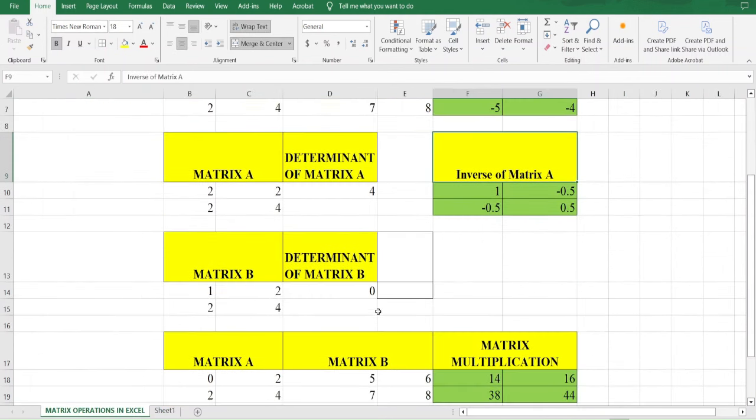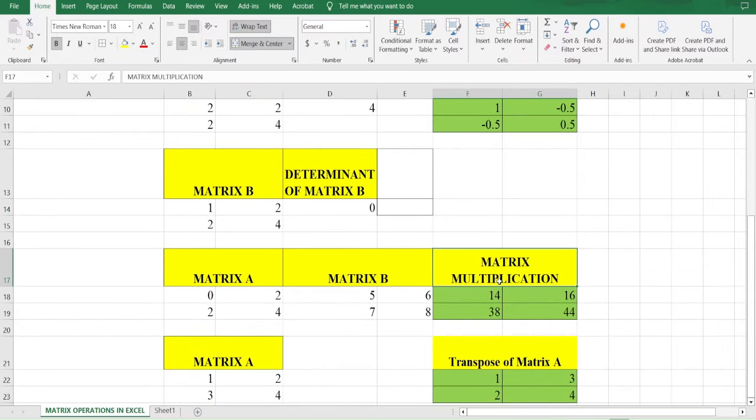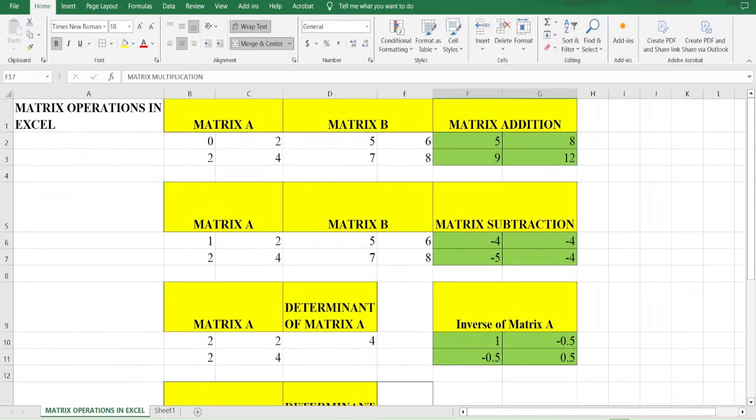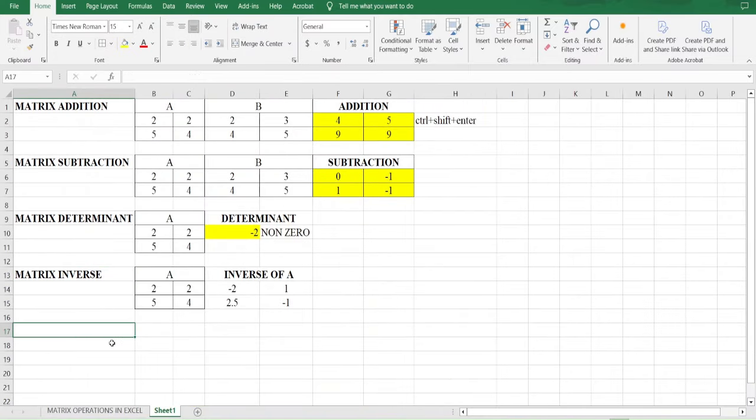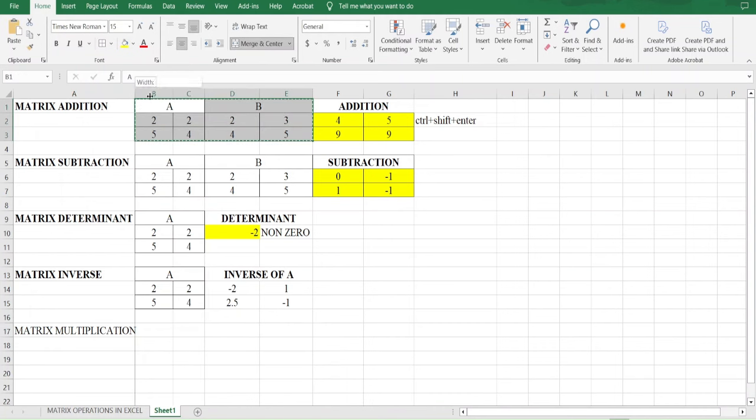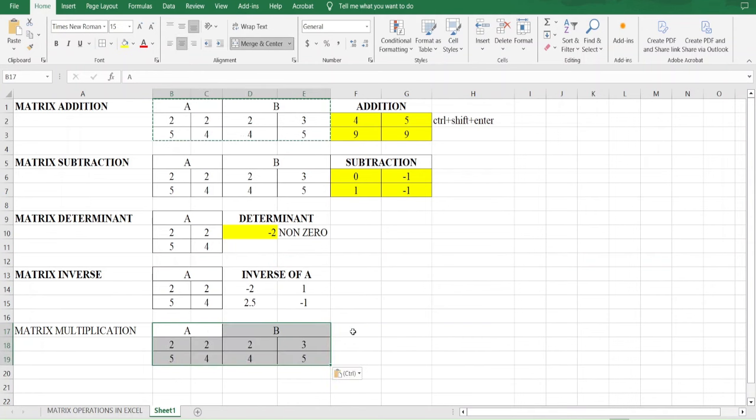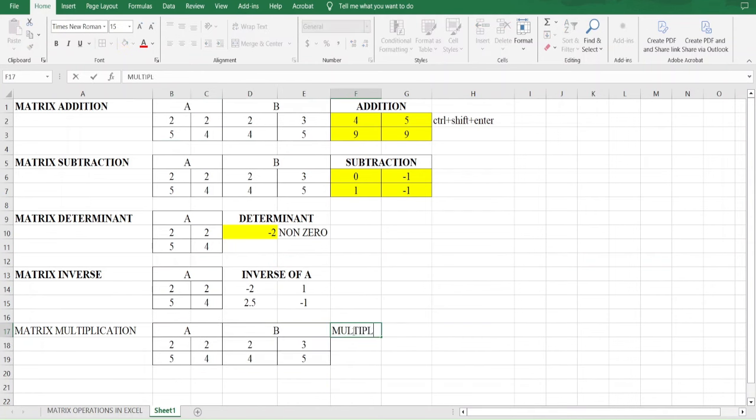Okay, one more thing is left, I think. So the next thing is like, two more things are left. Next thing is matrix multiplication. For matrix multiplication, I'm taking the same matrices here. Right? So let me just paste the same matrices here. Multiplication here means the matrix multiplication. So matrix multiplication of two matrices is also a matrix. So firstly I will be selecting the range and equal to sign, and then m